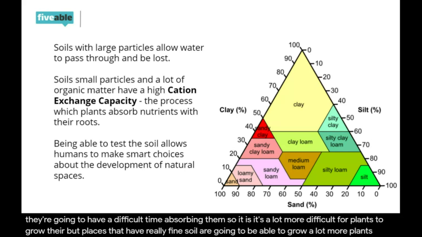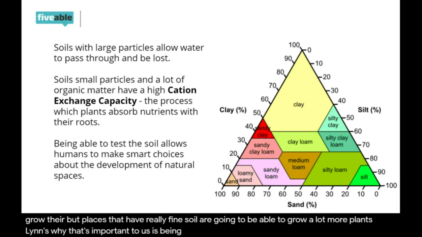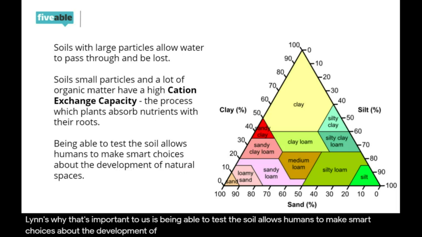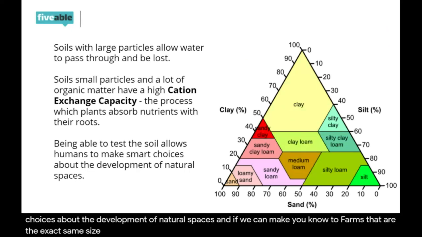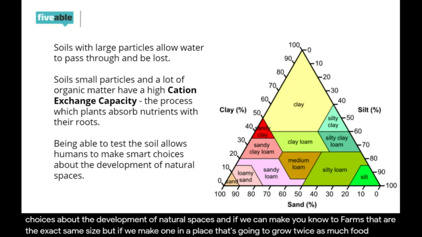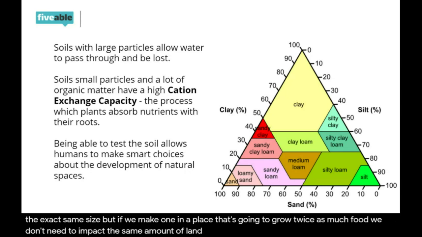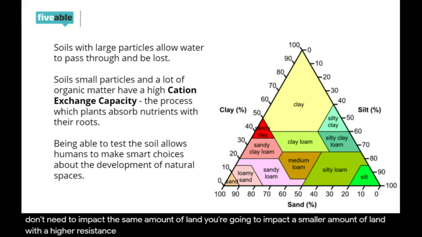And for humans, why that's important to us is that being able to test the soil allows humans to make smart choices about the development of natural spaces. If we have 2 farms that are the exact same size, but we make one in a place that's going to grow twice as much food, we don't need to impact the same amount of land. You're going to impact a smaller amount of land with a higher result by being able to choose smart places